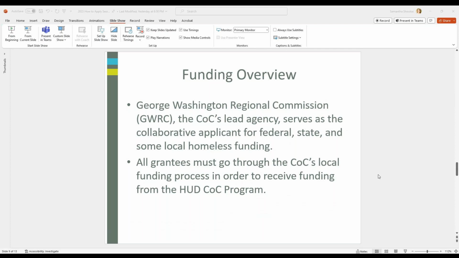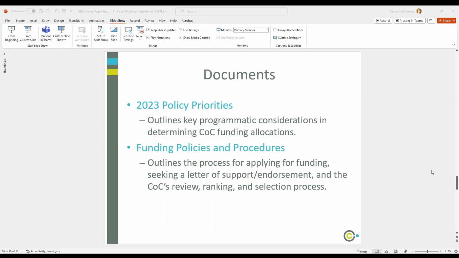They changed that about 20 years ago. They used to have folks apply directly, but now they're really more interested in the community response rather than what individual agencies are doing, and really put the onus on CoCs to choose agencies to be a part of that overall system that they've built. So again, the only way to be included is through this funding process. If you have any questions about that, we can go over that. But I'm going to go through what that funding process actually looks like.